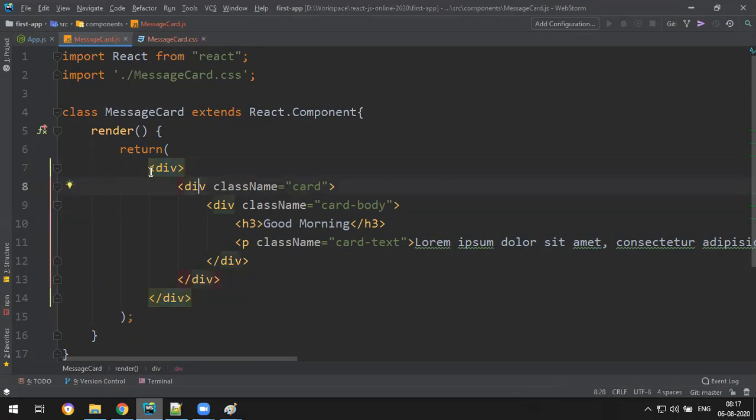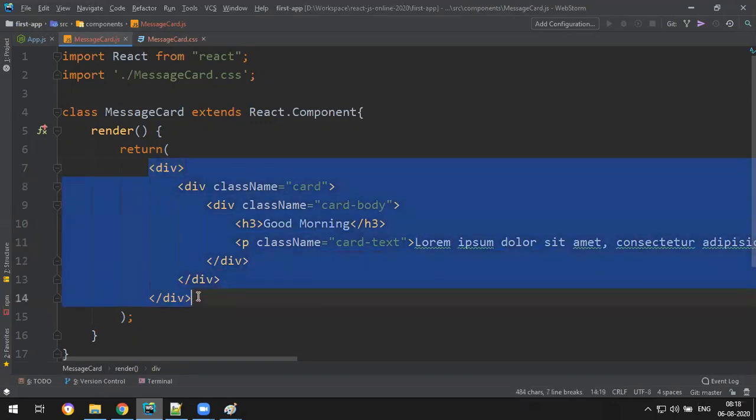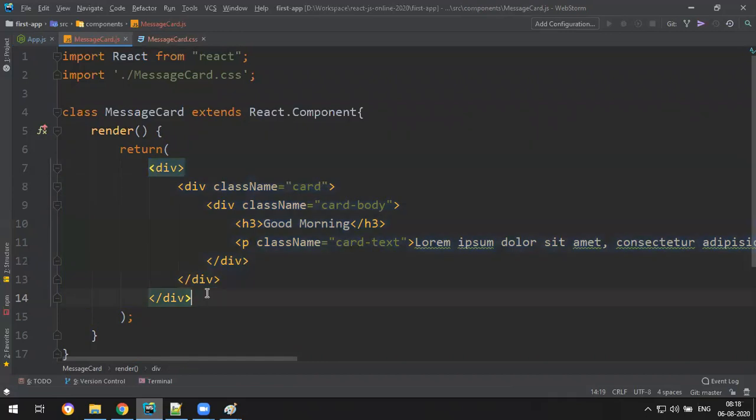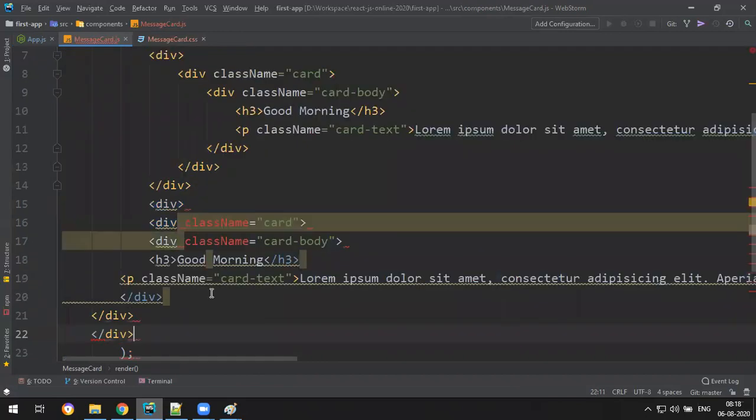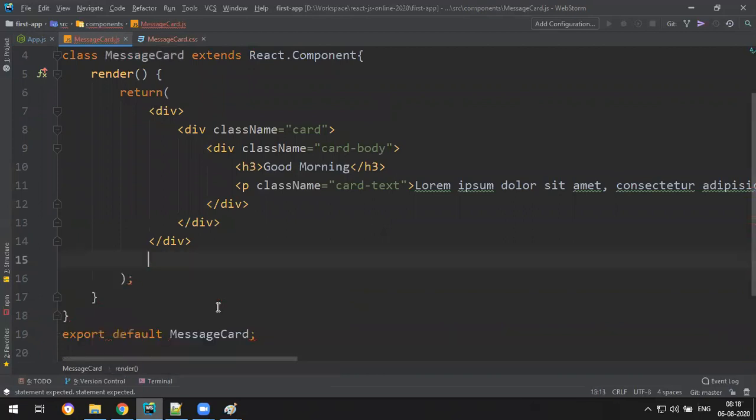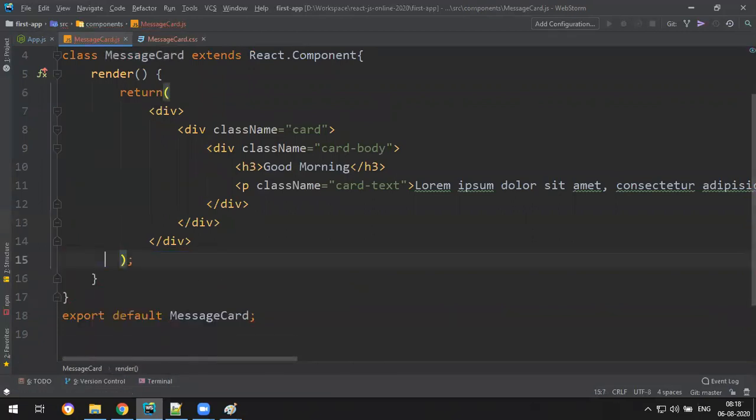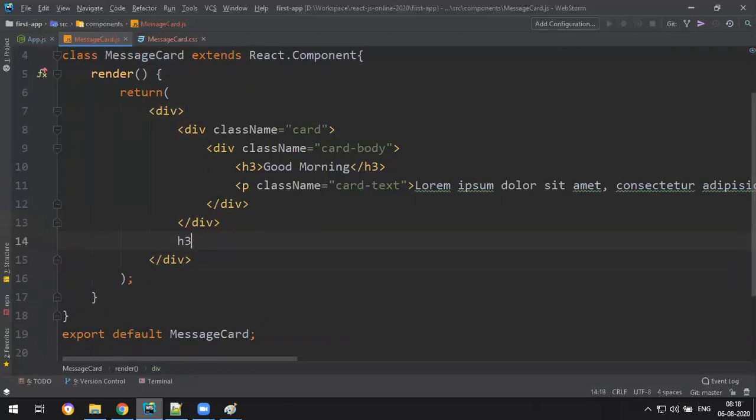For example, I have copied this division and pasted it again. What happened? You got a lot of errors. See, this is the root level division now. In the root level division, below that, I write some h2 tag, h3 tag, hello.